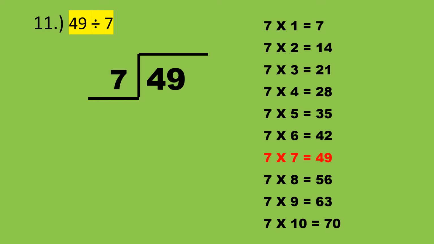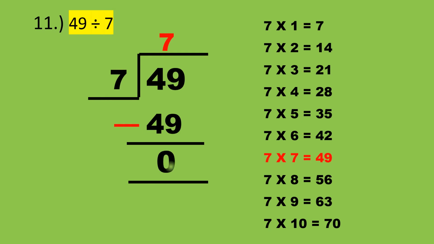Yes. So where does 49 comes? In 7 sevens are. So we will write 7 sevens are 49. And children, always remember the number should come below each other. Like below 9 there should come 9, below 4 there should come 4. Okay, so you will write and then you are going to put a minus sign. Okay children, what we are going to put? Minus sign. Now children, 49 minus 49, what will come? Yes. So when we will minus 49 from 49, the answer will be 0.